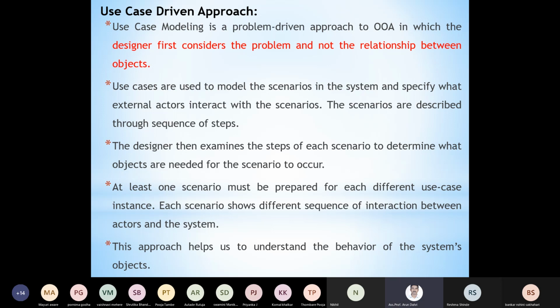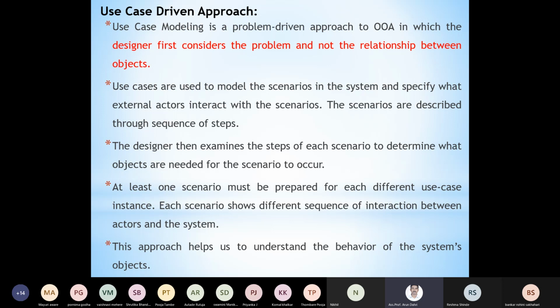Whenever a customer comes with their requirements, we have to analyze those requirements. From that, the designer has to consider the problem statement based on that request, instead of getting the relationship between the objects. First the designer has to create the problem statement. After analyzing the system, the designer can focus on the relationship between classes and objects.